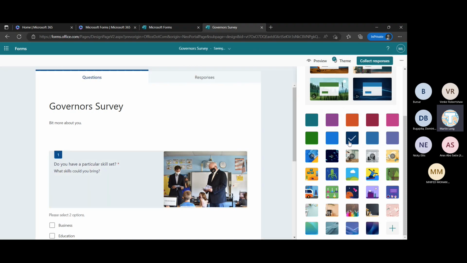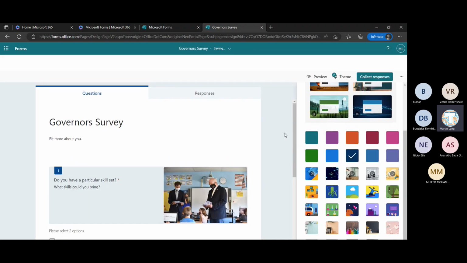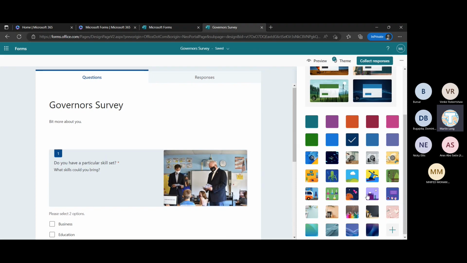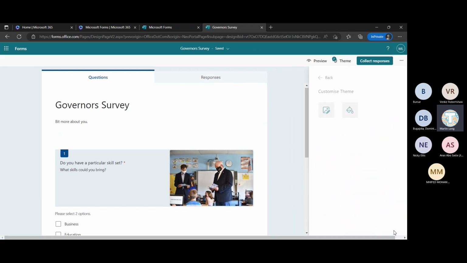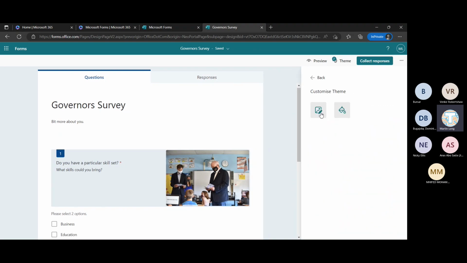I'm going to say we've got a blue school here, and then that blue tinge in the background and so forth is all there. You can make it a little bit fun with some of those classroom things. What you can do here is you can also upload your own image, and you can choose your own colors if you wish. So you could put in your own hex colors. Those take a little bit of getting used to. And I can never remember them all off the top of my head, but you've got a 4-digit code